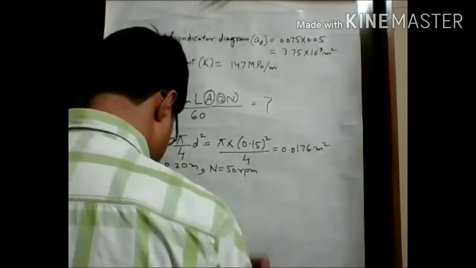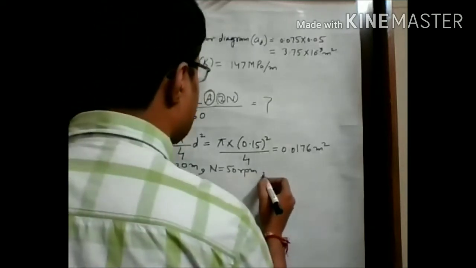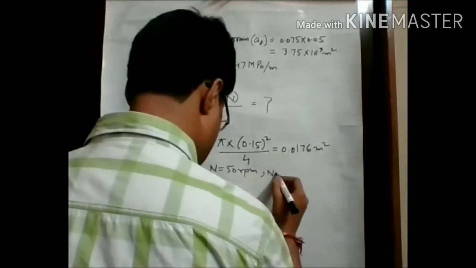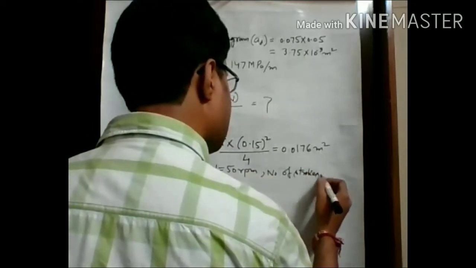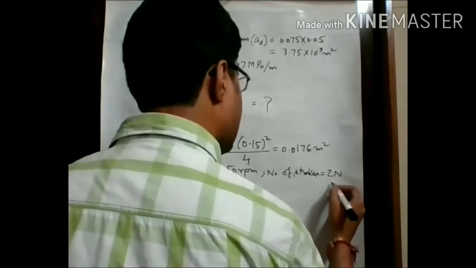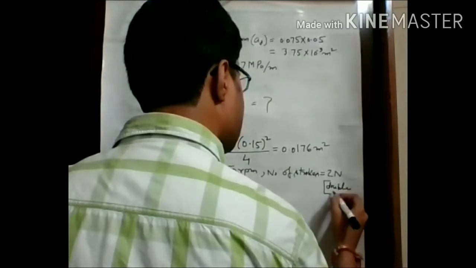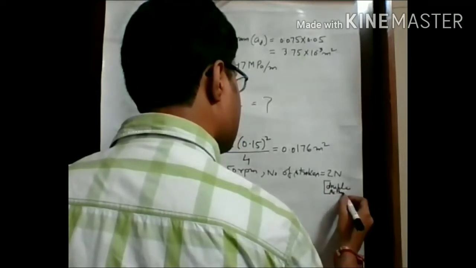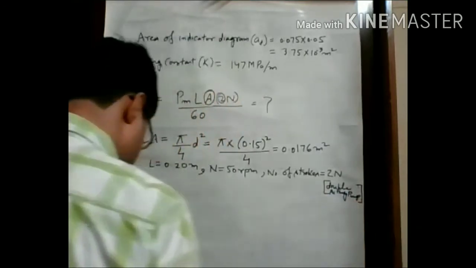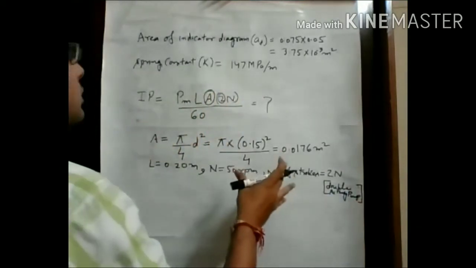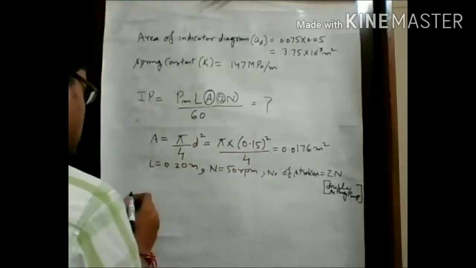This is given in the problem. So here we use number of strokes equal to 2N, because this is a double acting pump. So if we put all these values in this expression for calculating indicated power,